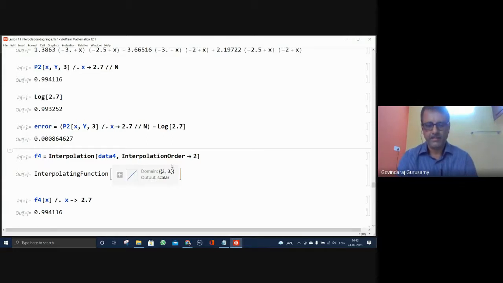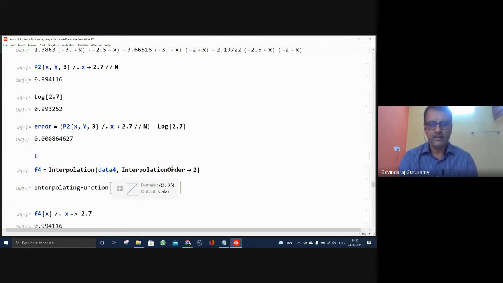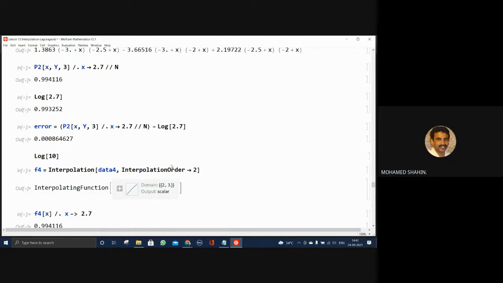Log of E. So for example, what is a value which you are familiar with? Log 10 is how much? 2.303. Yes, you could get that.